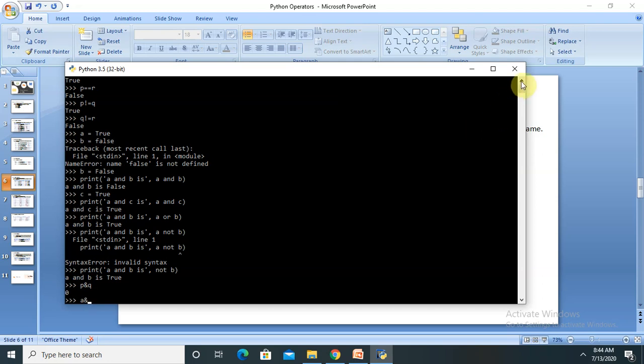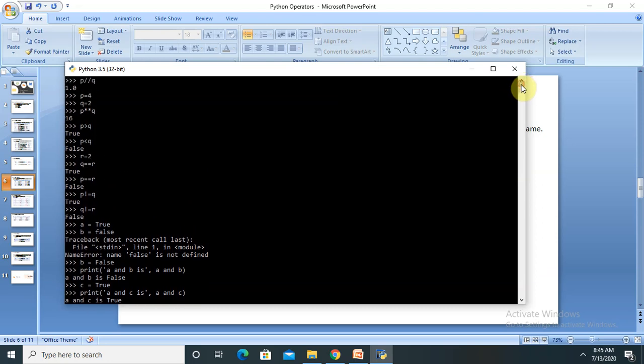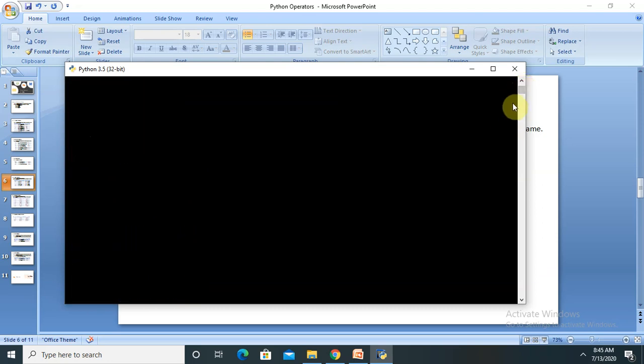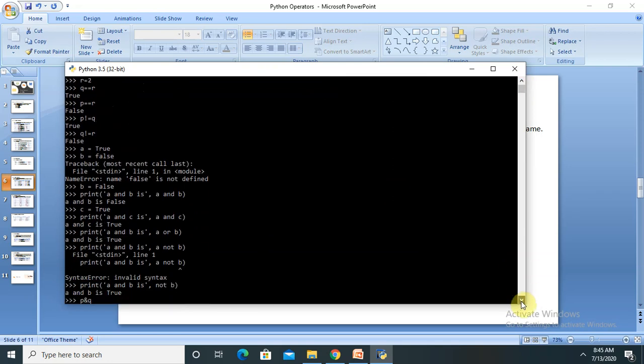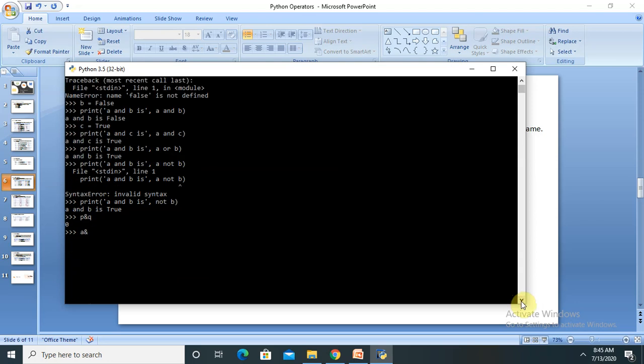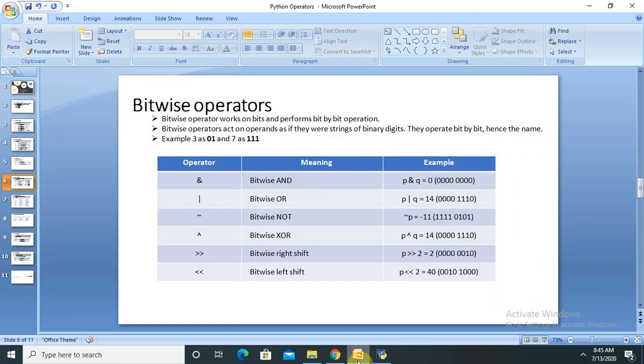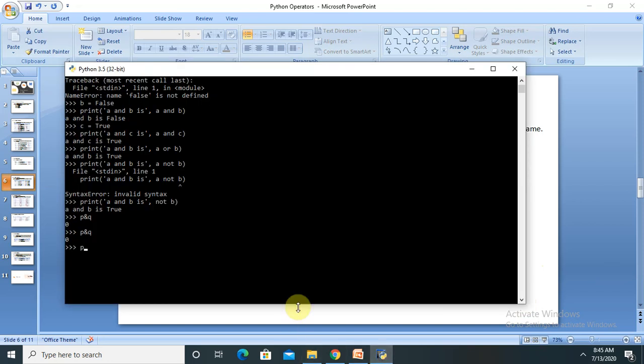Sorry. Now p and q is definitely a binary number, and we can see here 0.